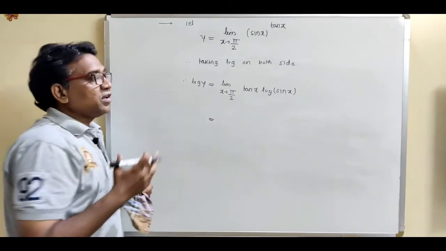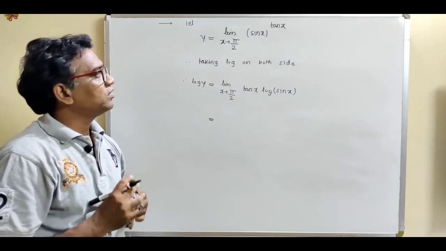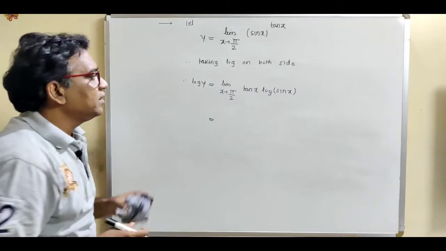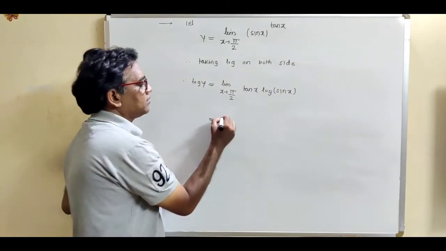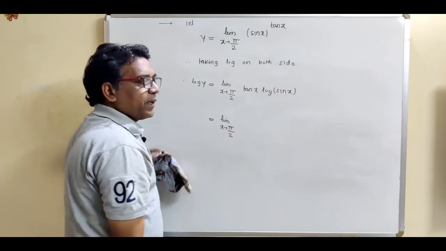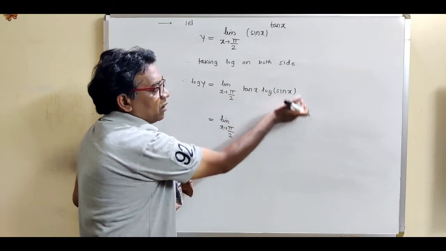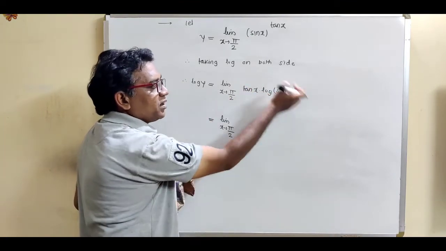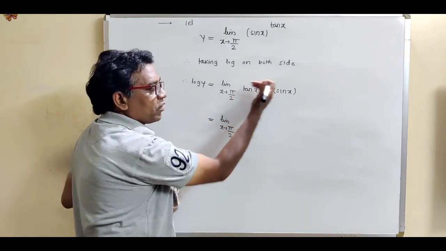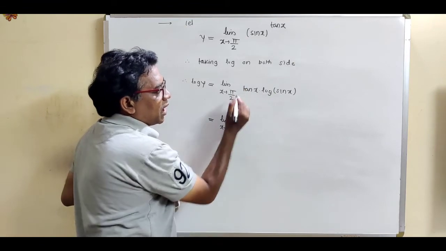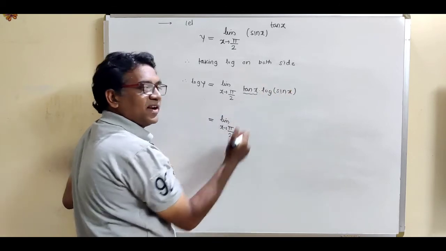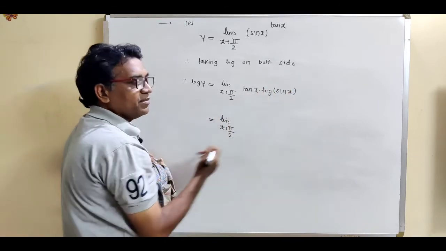So see how to convert function raised to function in terms of division form. What is the method? First of all, denote the given limit by y, and the next step is taking logarithms on both sides. So this is limit x tends to pi by 2. Now this is the product form. This limit form contains the product form, and we have seen this method. How to convert this product in terms of division? Either transform the first term in denominator, or we can transform the second term in denominator, so that we get the division form.